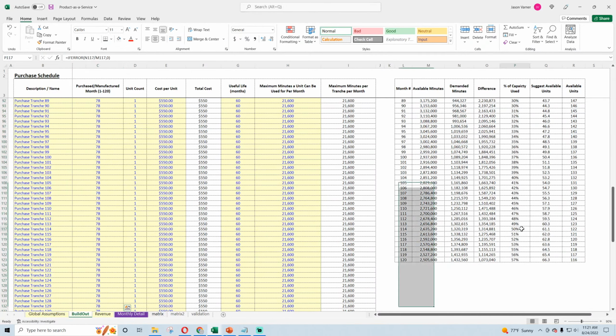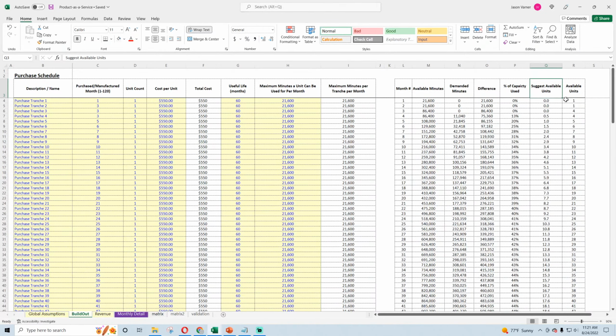Okay, so now we're getting better. So you can see here we're at like 50, 40% utilization, 57. So that means of what we have available for product usage and what we have demanded based on the customers that are being added over time, there's a 50% usage here, so that's good. I want to figure out how we can get the suggested available units number right.